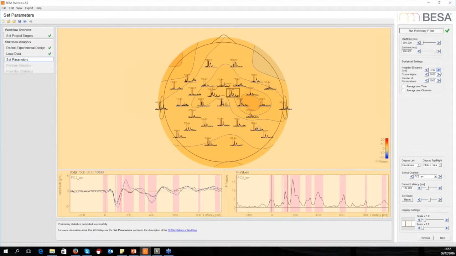And for ERP, especially important is the neighbor distance. By default, that's set to 4 centimeters. A good setting is one where the average number of neighbors is approximately between 4 and 6. That will then enable the cluster to grow in space, but it also means that not all electrodes are directly neighboring each other. So let me just leave the settings as they are right now and proceed